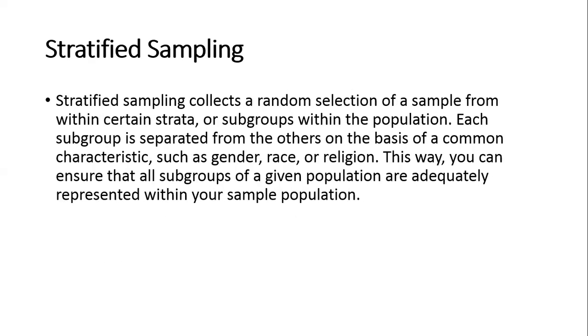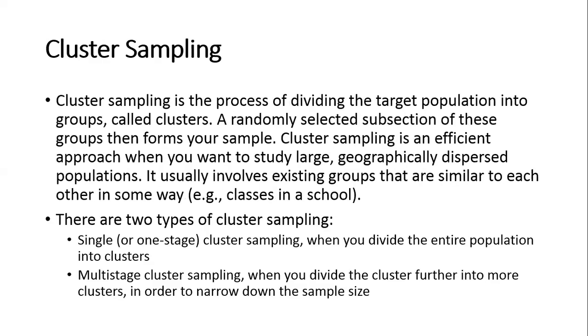So in stratified sampling, you categorize the population into groups using some predefined criteria. Now let's look at cluster sampling, then we'll try to connect both of them so you see the difference. They have similarities, that's why I'm saying this. Cluster sampling is a process of dividing the target population into groups called clusters,